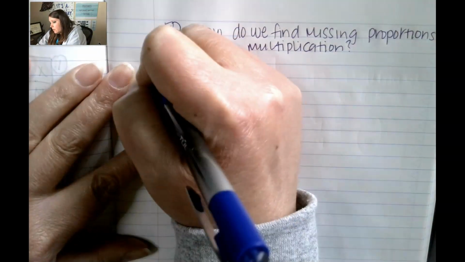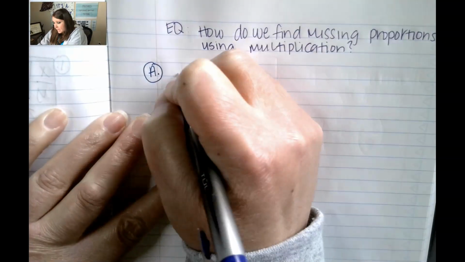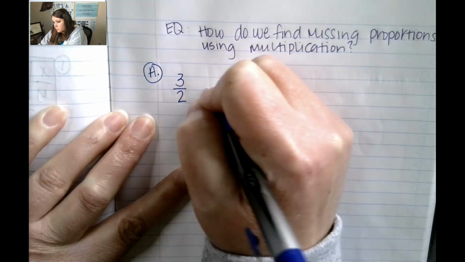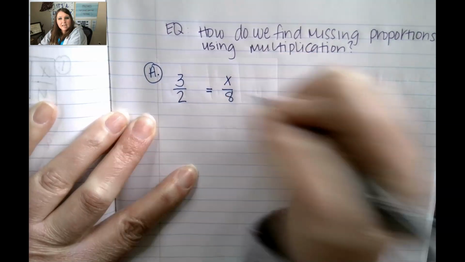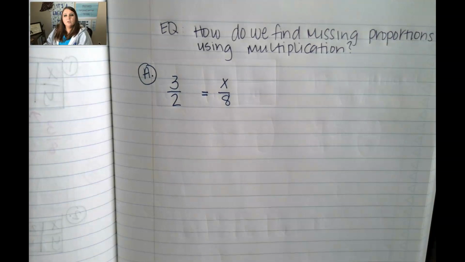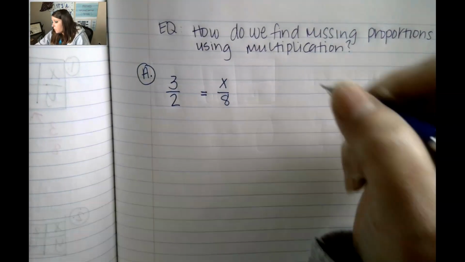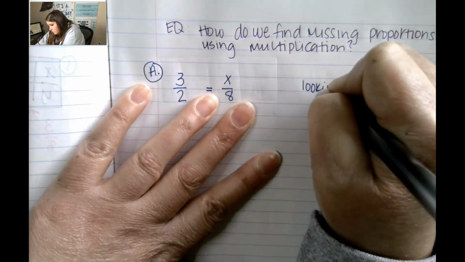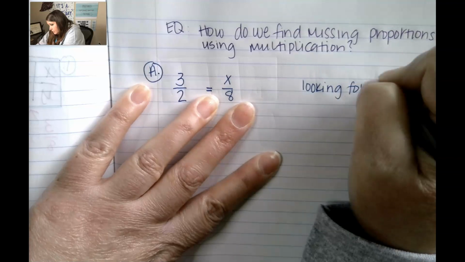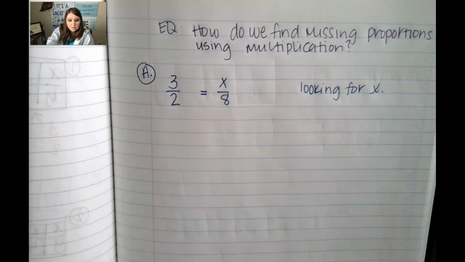For example, it says 3 over 2 is equivalent to x over 8. Our job is to figure out what x equals. So we're looking for x. We don't know the value of x, so we're going to find what x is by using